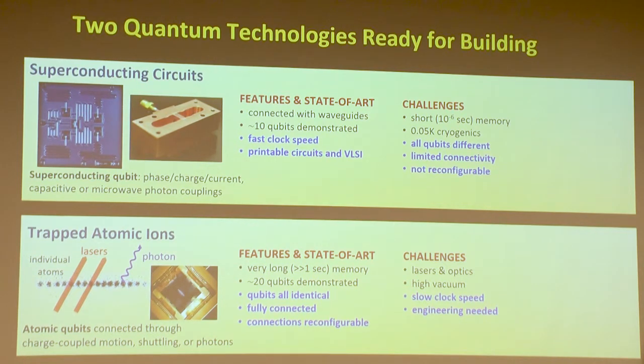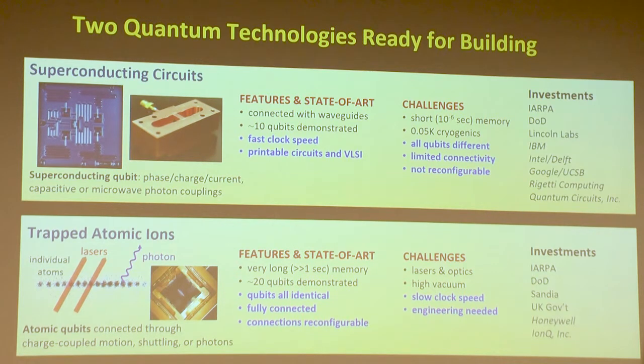They couldn't be more different. One is based on individual atoms, and I'm going to talk much more about this bottom one. Superconducting circuits, these are basically very cold circuits of superconducting loops, Josephson junctions, and they can roughly carry currents in 2 directions. That's the qubit, if you want. There are many different regimes of using a superconducting circuit, but it's been developed by many groups, and now industry is really getting on board here, especially with superconducting circuits.